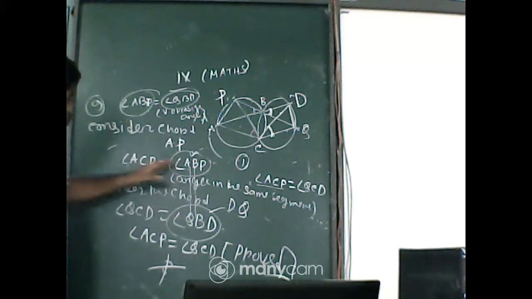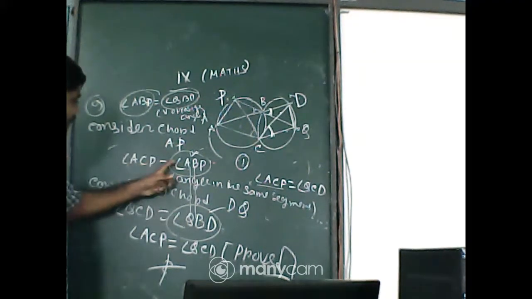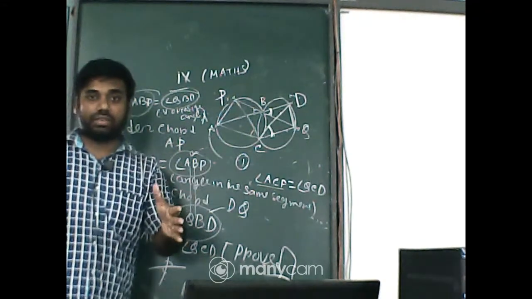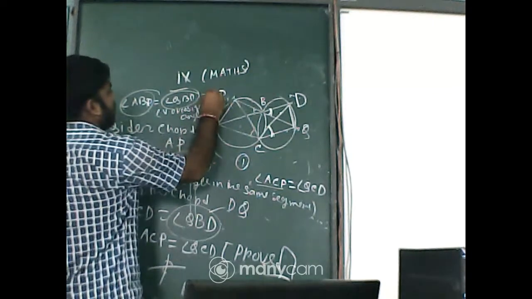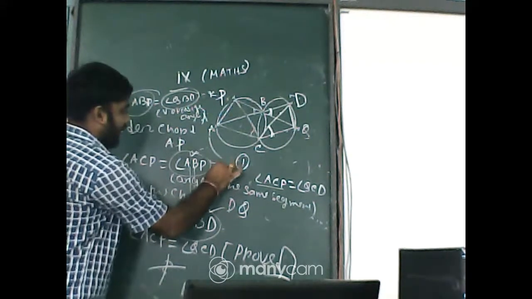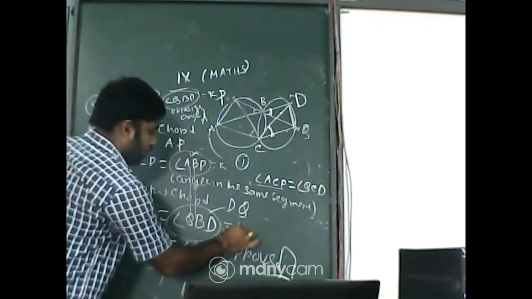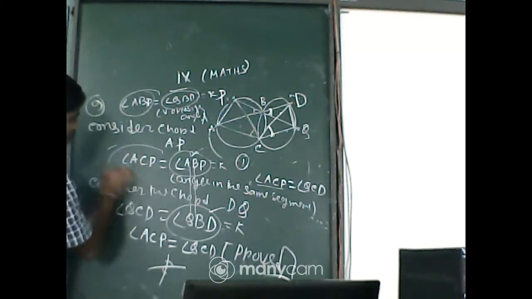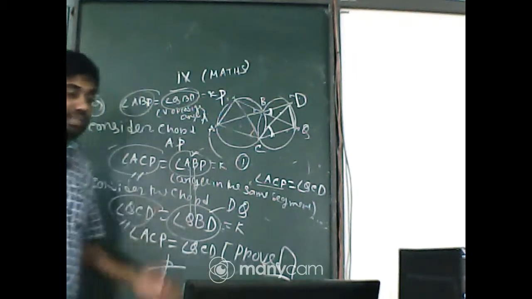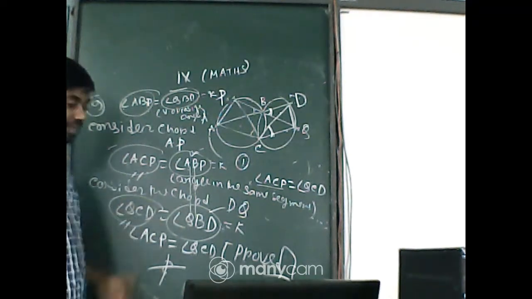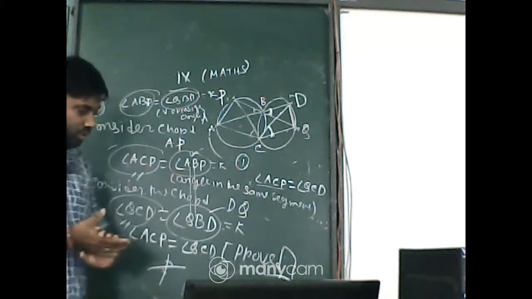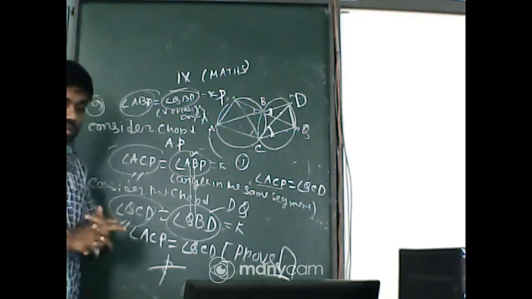Now ABP and QBD are equal, because we have already proved ABP equal to QBD. So as they are equal, ACP equal to QCD, because they are separately equal to the same thing. Let's suppose ABP equal to QBD equal to K, so ACP is also K and QCD is also K. So separately these two will be equal, because right hand sides are equal, that's why left hand sides are also equal. Okay, got it everyone? Any problem?